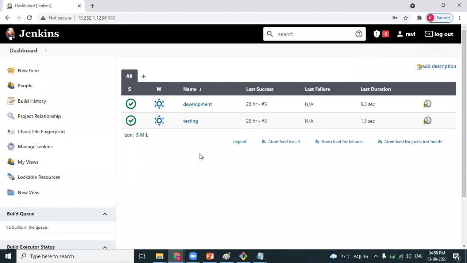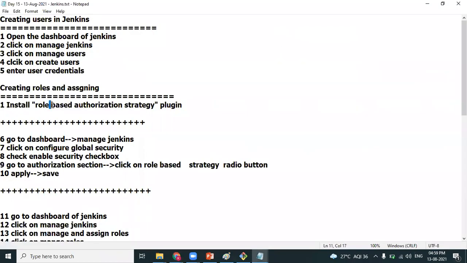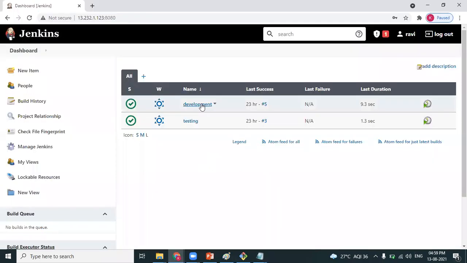What is the default option? The default option is full access. That means by default, every user is equal to the admin user. He has full admin access to Jenkins. We don't want such kind of access. We want to provide restricted access to Jenkins. How can we do that? By using a plugin called the Role-based Authorization Strategy plugin. We'll create users and then provide them authorization based on their roles. Got it? So we need an additional plugin.